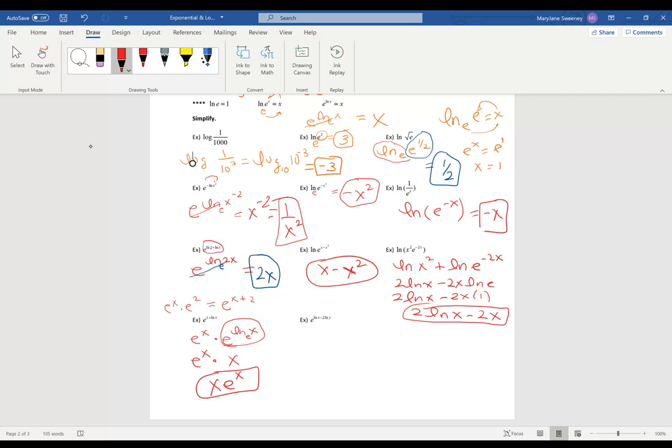Now, I'm going to use the same type of thinking here. So we know if we have e to the x over e to the second, let's say, we write that as e to the x minus 2, right? We keep the base, we subtract the exponents. So for this one, I'm going to work backwards. E to the ln x over e to the,